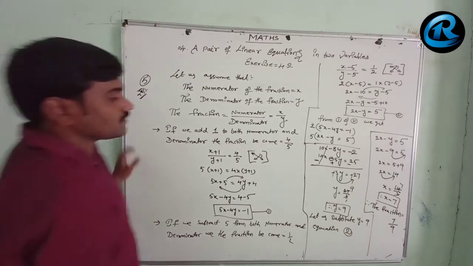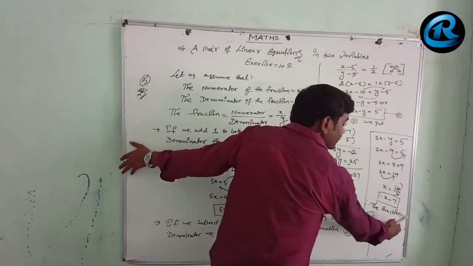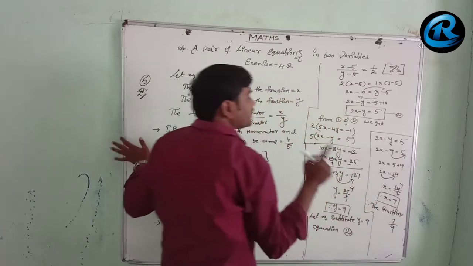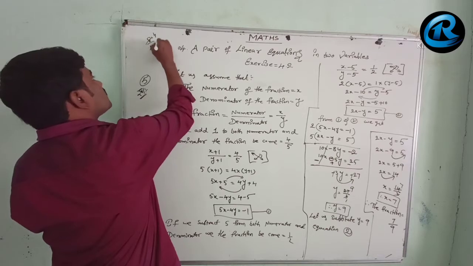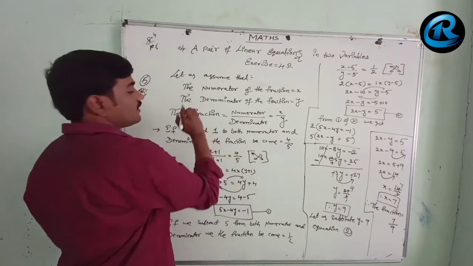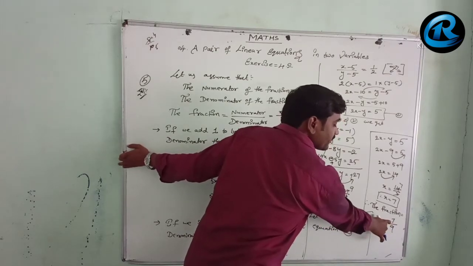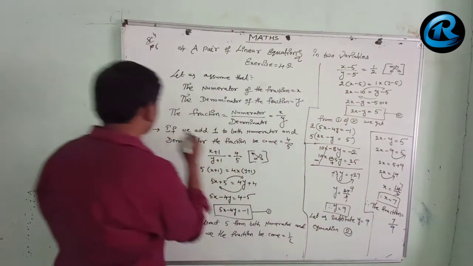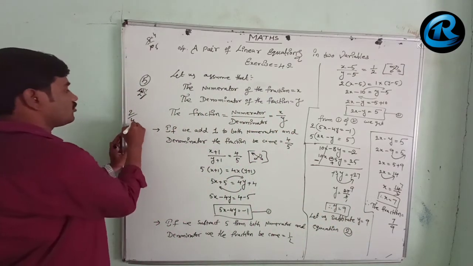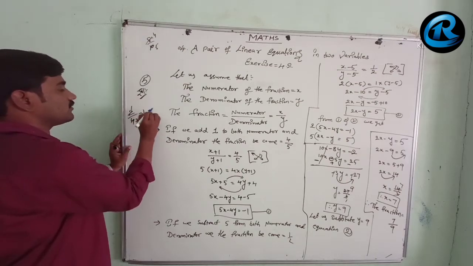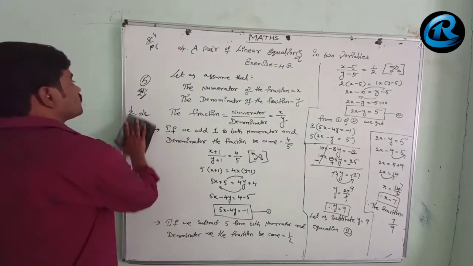So when you add 1 to the numerator and denominator, it becomes 8 and 10, 8 by 10. You cancel: 2 fours are 8, 2 fives are 10. It will be equal to 4 by 5. And when you subtract 5 from both, from the numerator, 7 minus 5 is 2, and 9 minus 5 is 4. 2 by 4, 2 ones are 2, 2 twos are 4. That is equal to 1 by 2. Is it balanced? Then this is our solution of the 5th question.